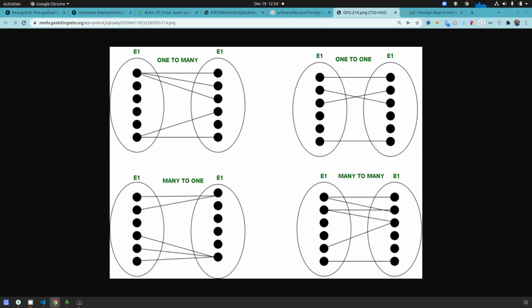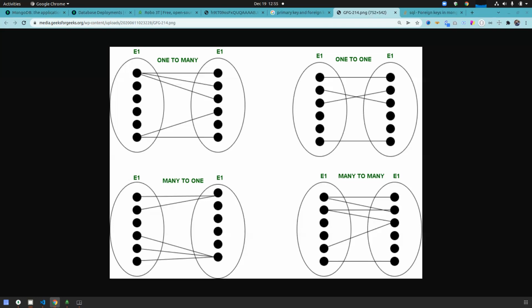Okay, many to one is vice versa, with customer and order. One product can be ordered by multiple customers, but an order should be done by one customer. Many orders can be made by one customer only, because you are a customer, you can create multiple orders. Here is another example of a customer table with an orders table.